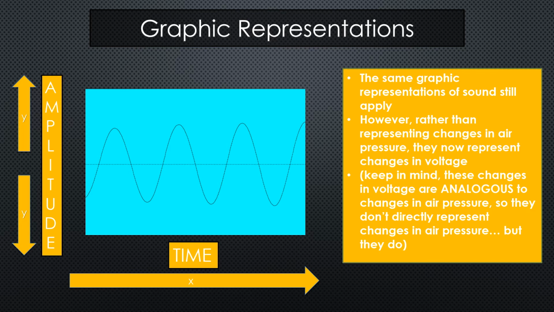So this graph on the left could easily be a graphic representation of sound in the air or voltage in an analog system. Ideally, if it's captured in high quality, that voltage will be analogous to the changes in the air, which is why we call it analog audio, because it is analogous to the original changes in air pressure. We simply convert that to voltage, and then we potentially store that on something like magnetic tape, or a record, or a wax cylinder if we go far enough back. All of these systems just cause something to wiggle back and forth, again, whether it's a needle or a playhead.